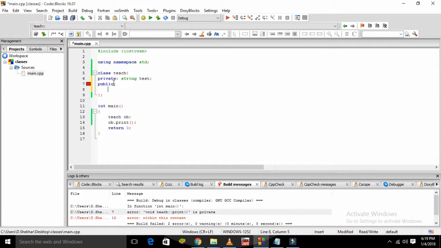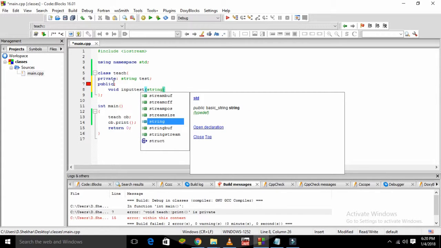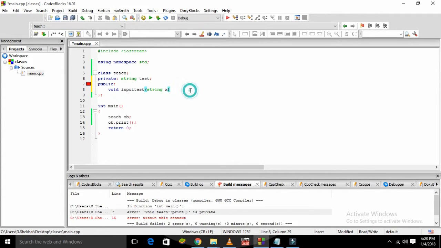what I'm going to do is create two functions, okay? One function to give the input to test and one function to take the output out of test, okay? To give the input to test, I'm going to create a function called void, and the function name will be input test, and it's going to take an input, string x, and then what it's going to do is